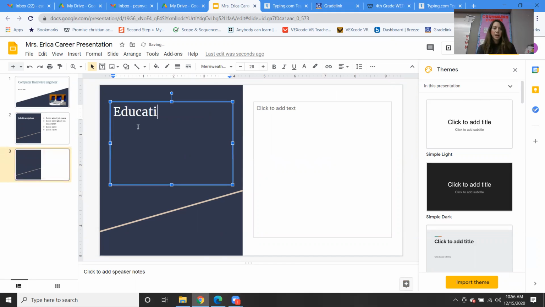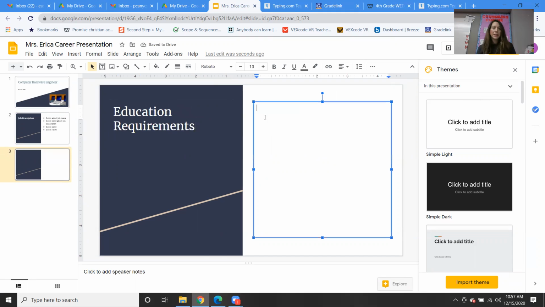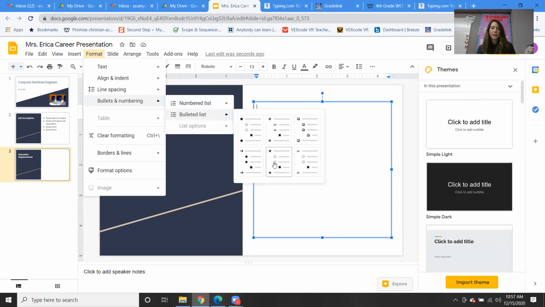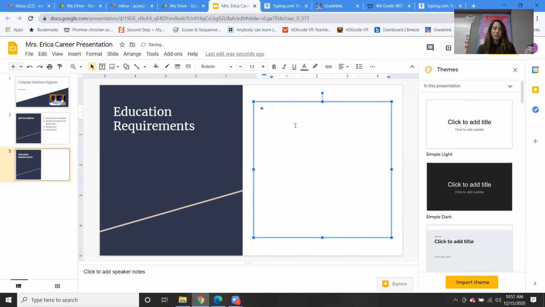We want education requirements, and then go to format, bullets, and numbering, and add another bulleted list, and then just have a bullet point about education, about maybe some classes that you have to take.